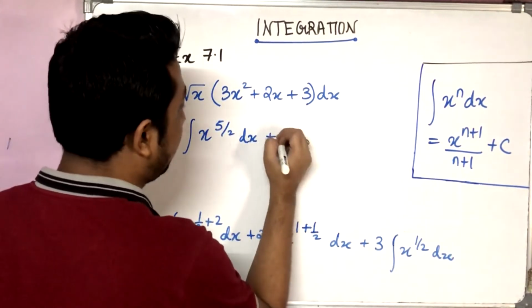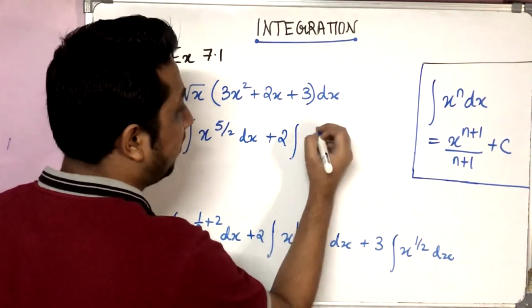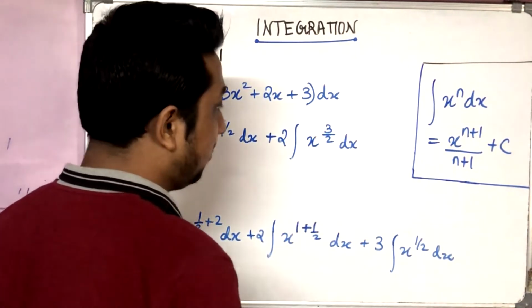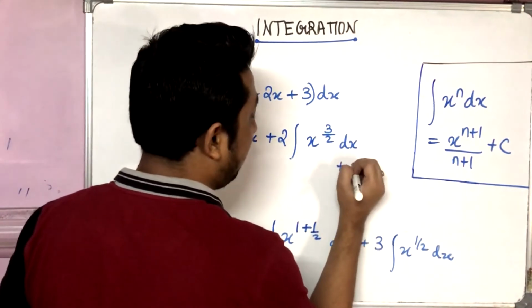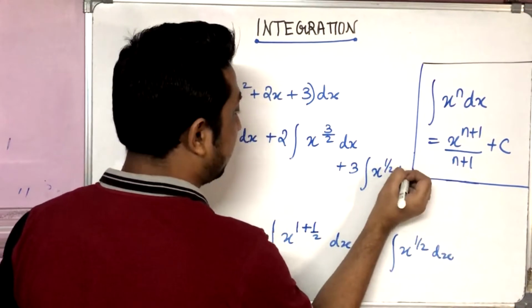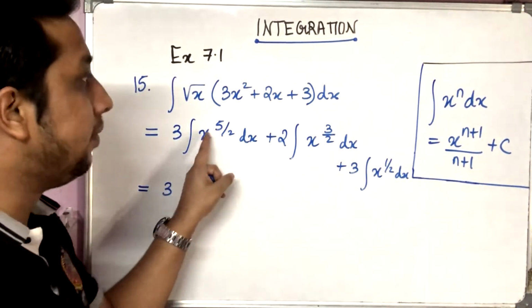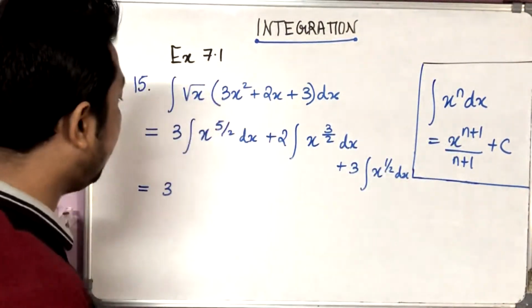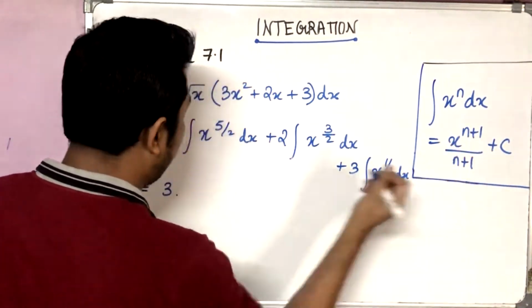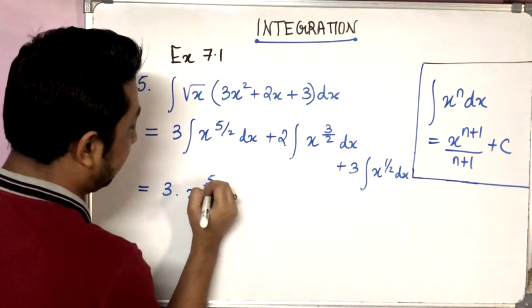plus 2 integral x to the power 1 plus half. 1 plus half का मतलब है 3 by 2 dx plus 3 integral x to the power half dx. Now हम इसी रूल से इसको करेंगे. So 3 उसके बाद x to the power 5 by 2 plus 1 divided by 5 by 2 plus 1 जैसे पहले करते आए हैं